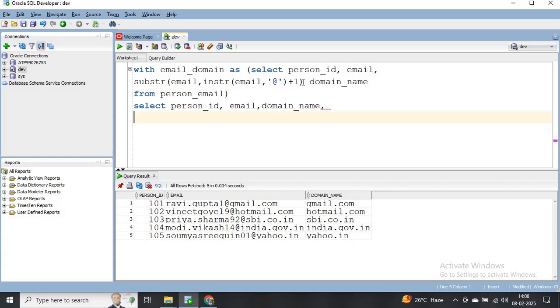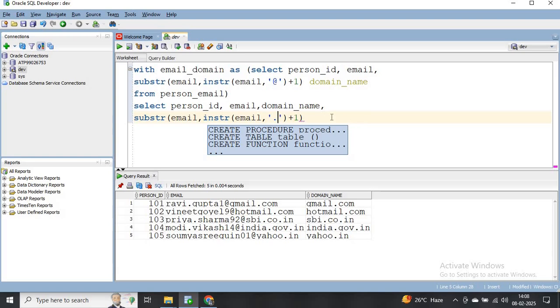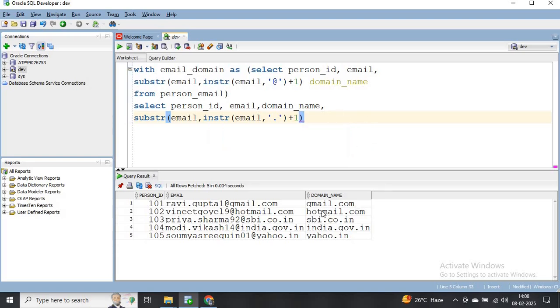So for this we'll use the same logic of substring and instring, but now within the instring function we have to use dot operator instead of @, because from the domain name we can see like the extension will be starting from the dot operator like .com